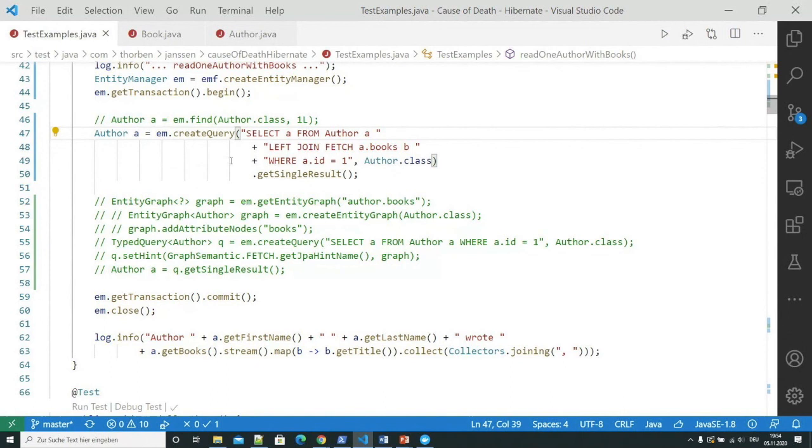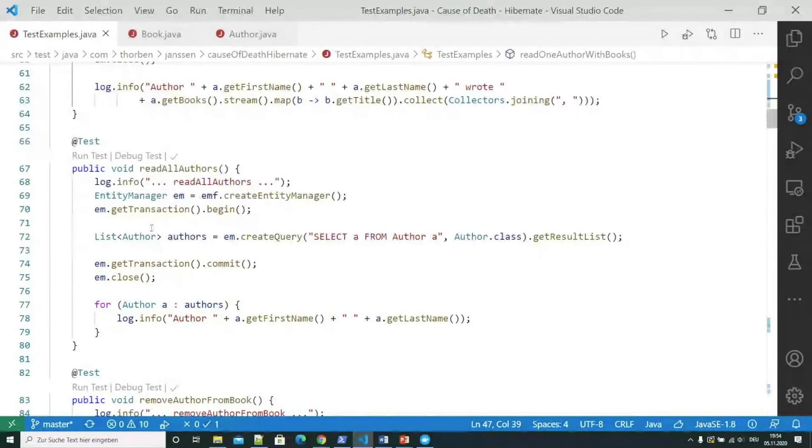If you would set the fetch type to eager, then we would get into this situation that we had at the beginning of today's talk, where I ran this code here, where we don't use the books association, and Hibernate fetched it anyways, because we set the fetch type to eager. And that is just an unnecessary overhead that slows down the application.